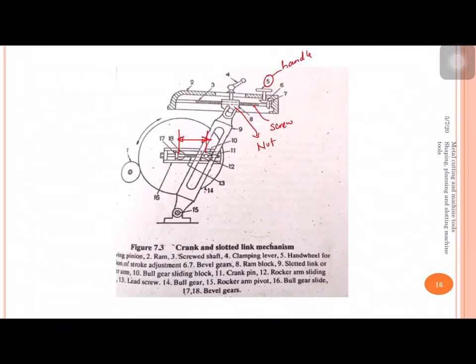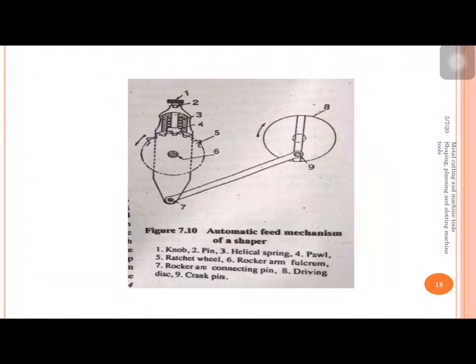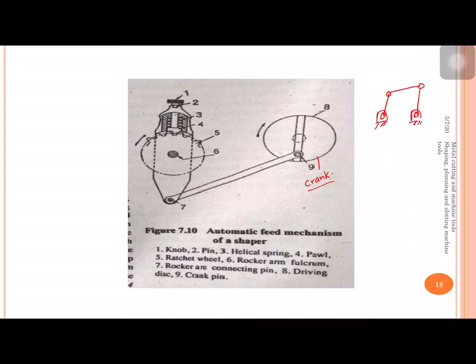Okay, so now let us move back to this. This is acting like a crank. Before going to this discussion, first let us start with what is the corresponding mechanism for this. You already studied in the kinematics of machines, there is a four-bar mechanism which is called the crank rocker mechanism. Here this is acting like a crank, this is acting like a connecting rod, and this is acting like a rocker or the follower.